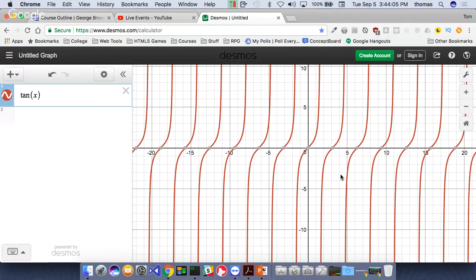So if you look at tangent, it's kind of funky, right? If I do a tan of 0, then it's 0, right? And if I look at a tan of something else, it doesn't map the exact same way, because what's tangent anyway? Sine over cosine. And we're going to talk about the trigonometric identities, how they all work, in a bit.